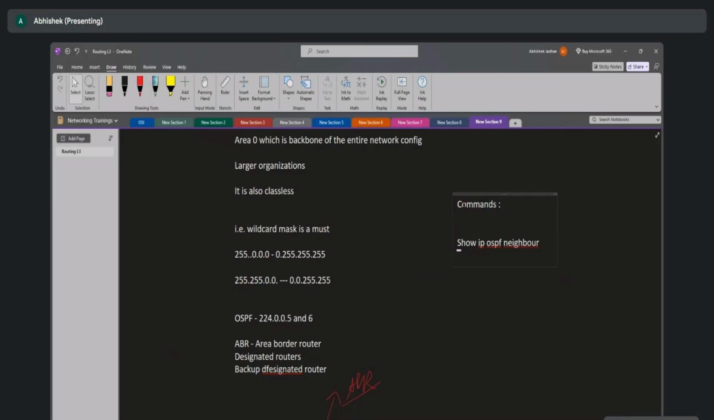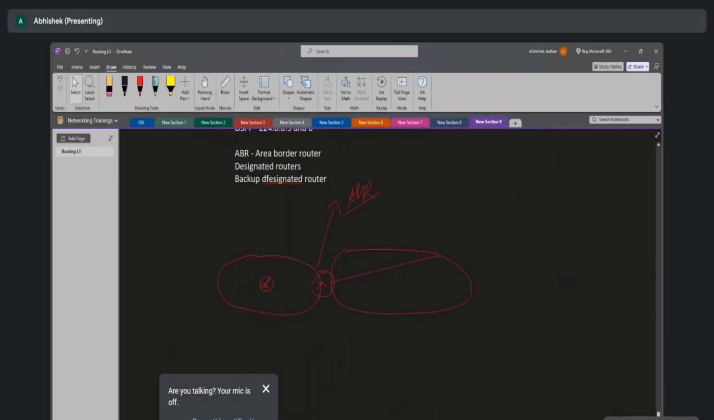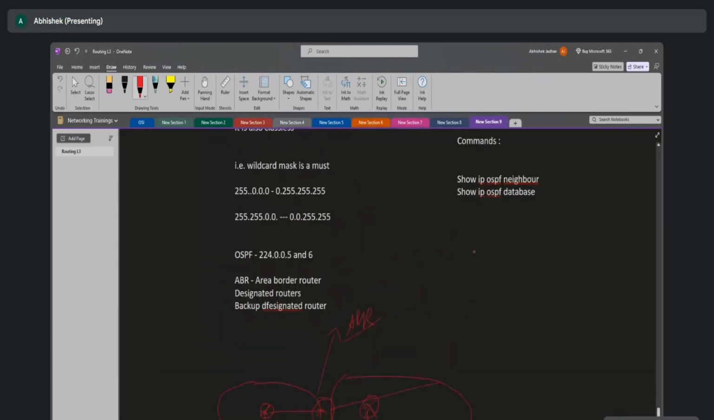You can also see the details by show ip ospf database. So what will a database show you? The database will show you everything which is in the network. So let's assume this is an OSPF configured network. We have a router here also. This router will also know the information about this router, and that will be stored in the OSPF database,